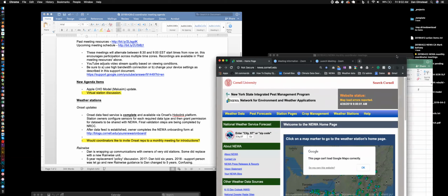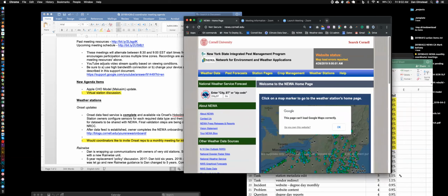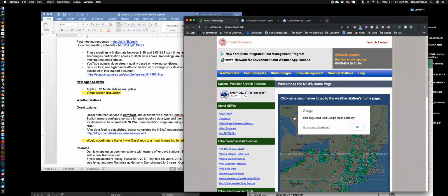If we go here to the NEWA website, first thing I'll point out is that our maps aren't loading properly. NRCC folks know about that and are looking into what the problem is. But to get back on topic, with the apple carbohydrate model, there are folks within the NEWA network who are already well underway with their growing season. So what Keith and I did, if you go to crop management where you normally access these tools, you're going to see we still have the existing carbohydrate model in place, and that's not going to change for this growing season. It was very important to me that we not just completely switch over.